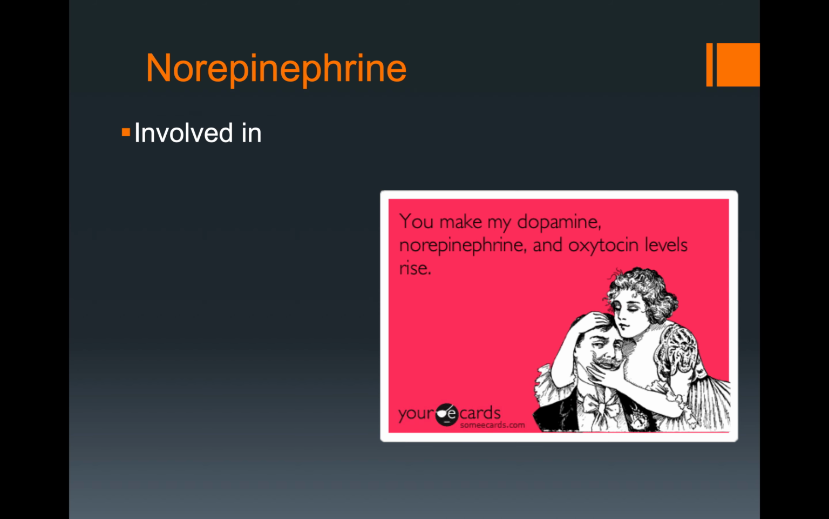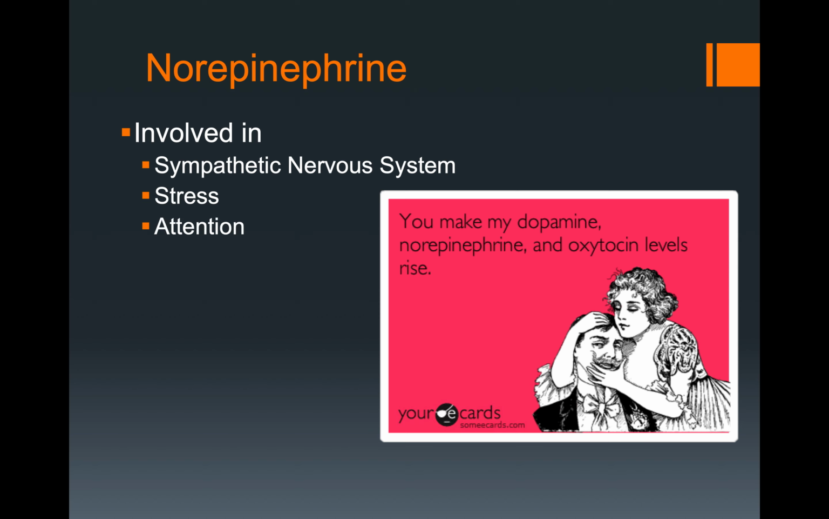Norepinephrine we talked about briefly before. It's involved in activity of the sympathetic nervous system, so it's going to have effects like increasing heart rate and blood pressure. It's involved in stress, again with activity of the sympathetic nervous system, but it's also involved in helping you to pay attention. It can be involved in mood regulation. Some antidepressants work by being norepinephrine agonists. So some norepinephrine agonists: cocaine,